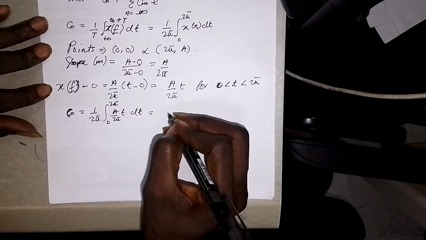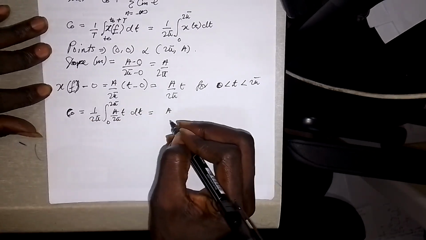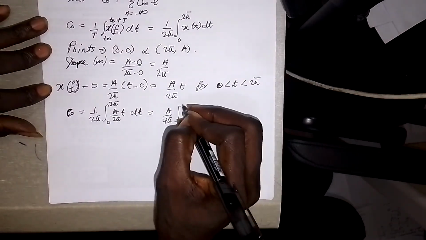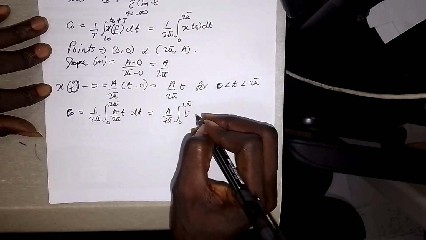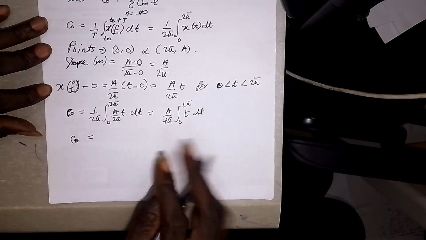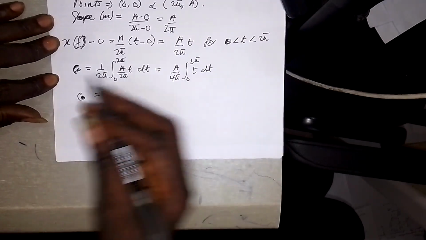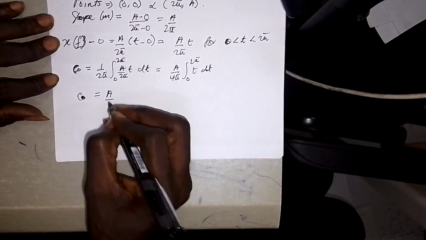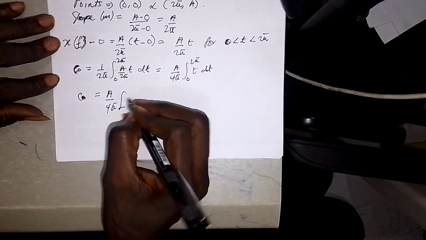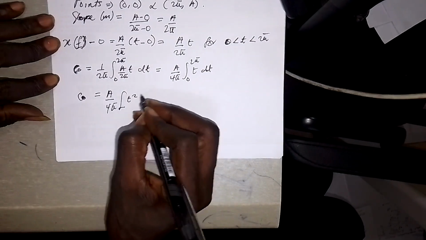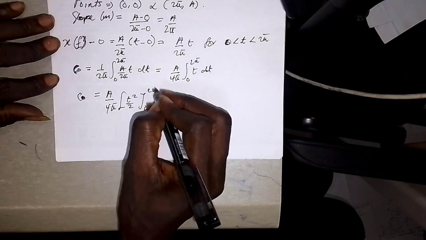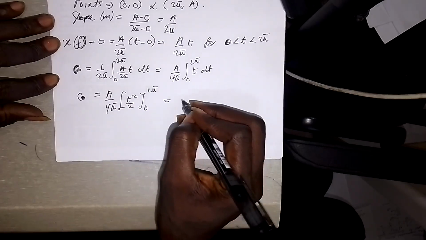So this is equal to a over 4 pi, into the integral from 0 to 2 pi of t dt. Okay, so here C0 is going to be equal to a over 4 pi into t squared over 2, evaluated from 0 to 2 pi, which is equal to